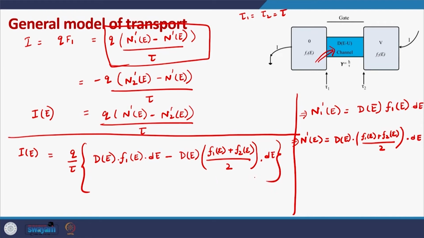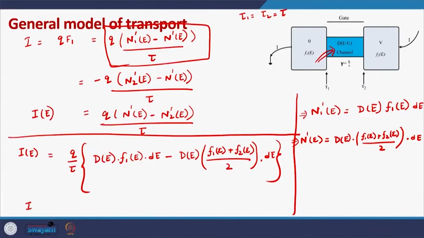Okay. So, this will be the contribution in total current from the electrons in the energy range E to E plus dE. On further simplifying this expression,